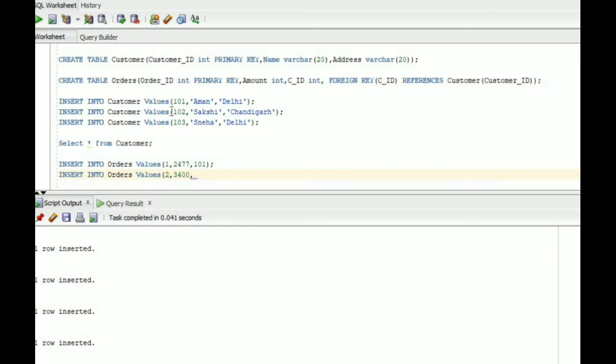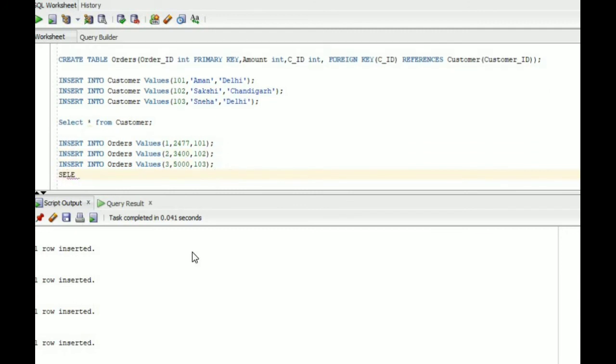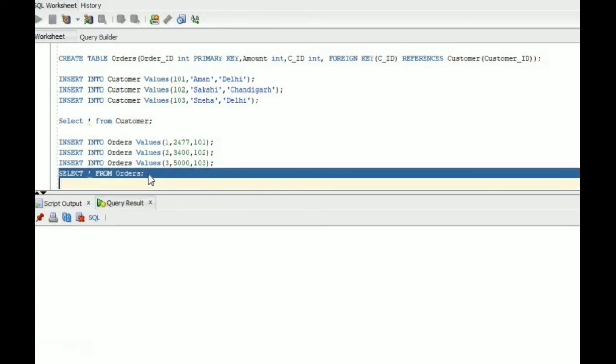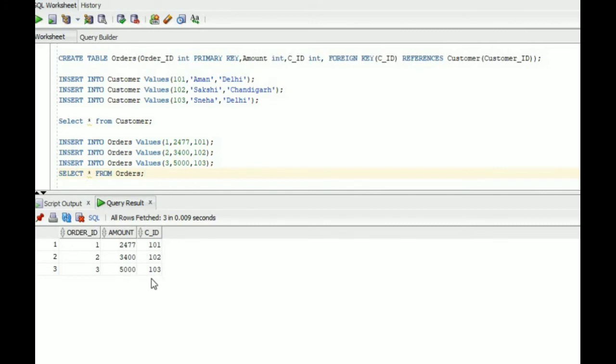Now 102 is available in customer ID in the customer table, so we can insert into the child table. I have inserted three rows into the orders table. Now we will fetch the data from the orders table. You can see there are three rows present in the orders table.